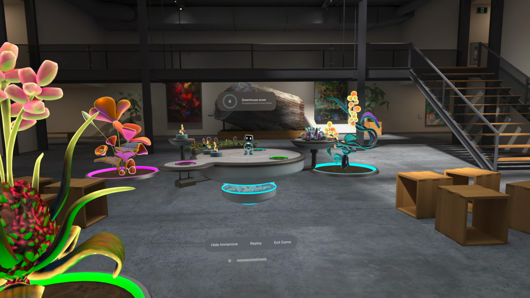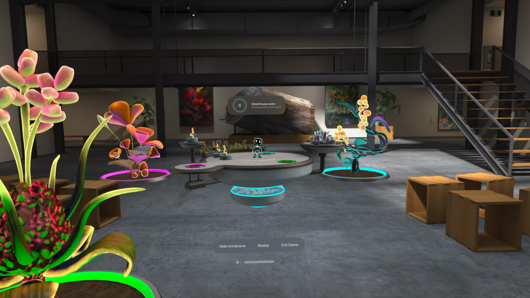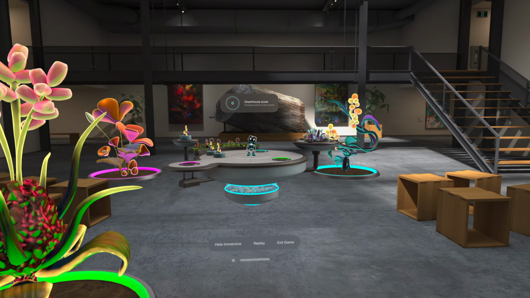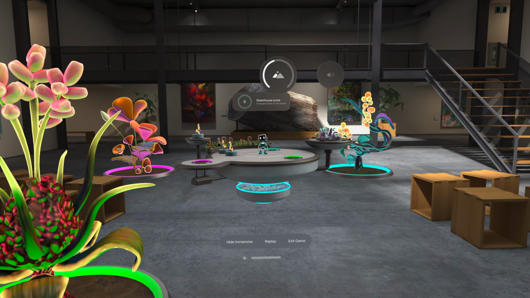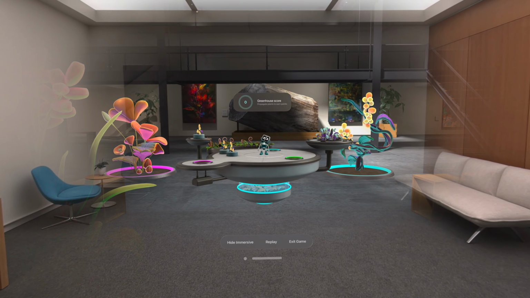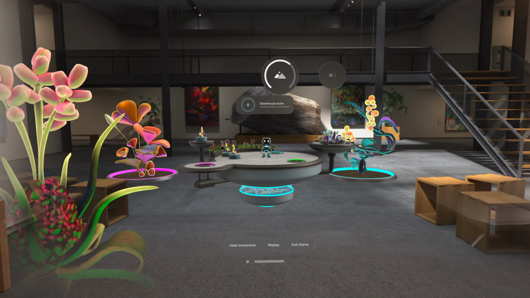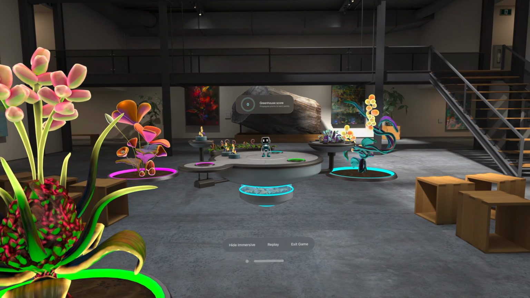Let's check out custom immersion amounts in action. Starting out more immersive really helps highlight the botanist jumping out of the volume. This looks great through the whole range I specified. I can use the digital crown to dial in my experience. Next, I want to make the botanist react as the digital crown is used to dial through the supported immersion amounts.